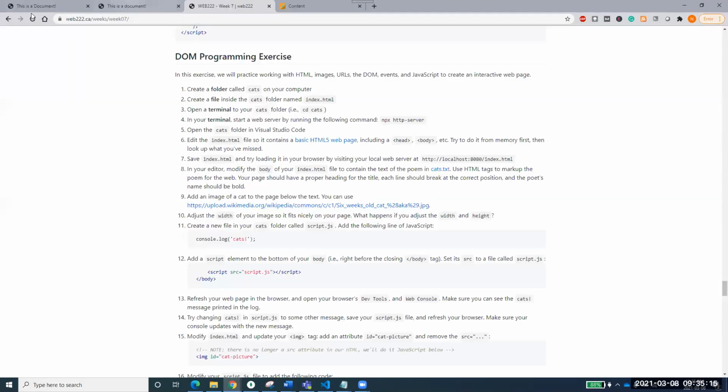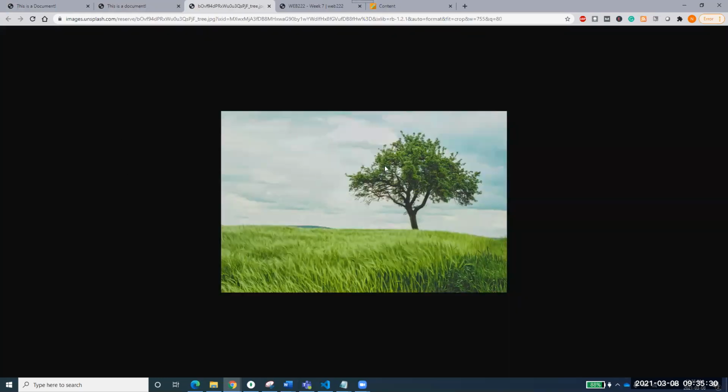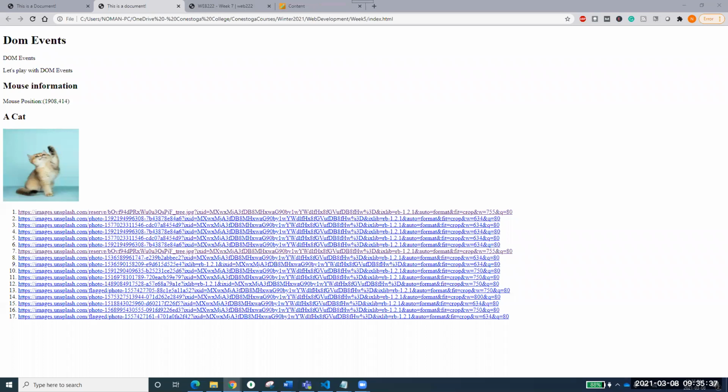So what you have to do? We have done almost all the part. The URL is there. You have to make this URL a link, and not only a link, it has to be linked to the text, linked to the URL, and when I click on it, it should open that same picture in a new page. Who will be able to do that? This is a small task, small challenge, whatever you call it.